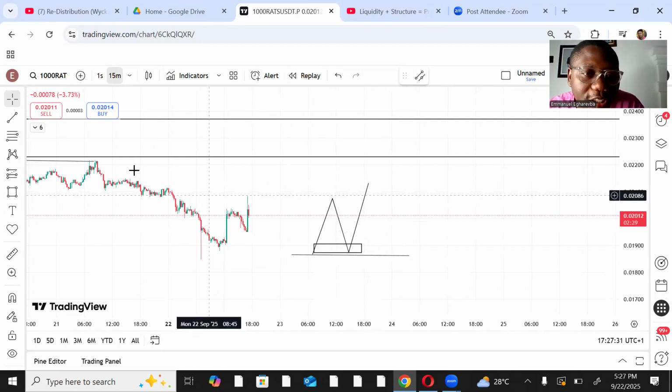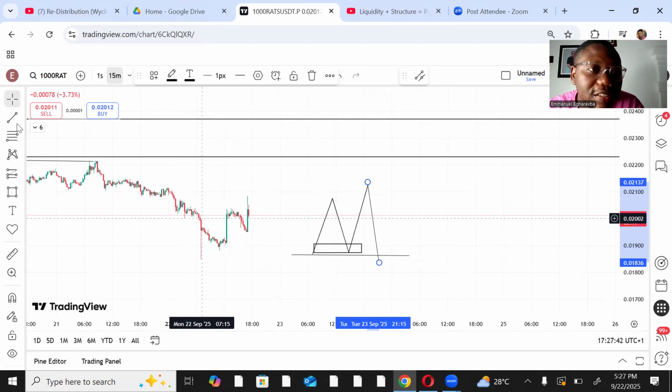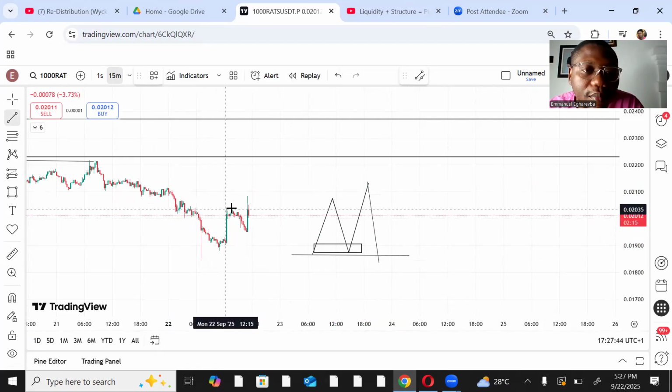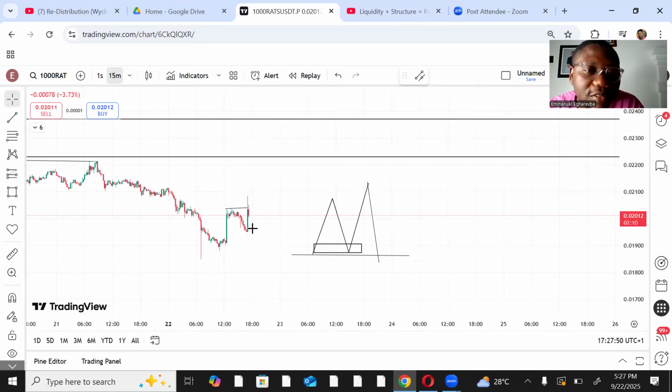So what I would expect now, simple structure, structural liquidity, I would expect to what? See price break through. So the moment I see price break through from here, retest this other block, go up again, I would now take my valid entry from